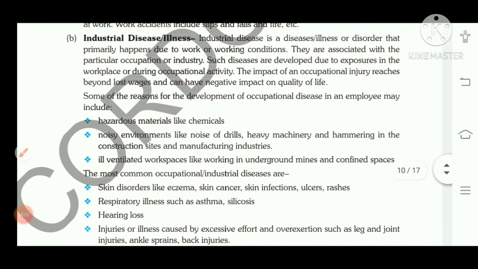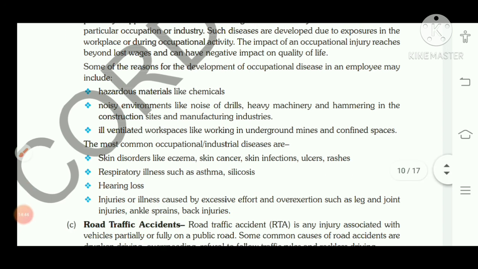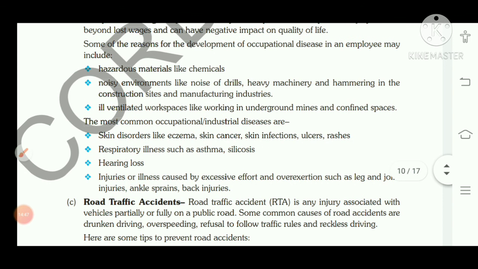इंडस्ट्रियल में देखो क्या क्या चीज़ इंडस्ट्रीज में हो सकती है. Hazardous materials you are consuming daily, जैसे chalk is also made of it. That chalk powder, ठीक है, the teacher is writing something on the board with that chalk powder, they are respiring it, so they are daily consuming it, and at last that chalk powder will choke them, ठीक है. Certain stones are there, so this thing happens. So hazardous materials like these chemicals, if you're daily consuming them, will have a negative impact on your body. Noisy environment and ill ventilated workspaces, and the most common occupational industrial diseases are like disorders, skin cancer हो गया,